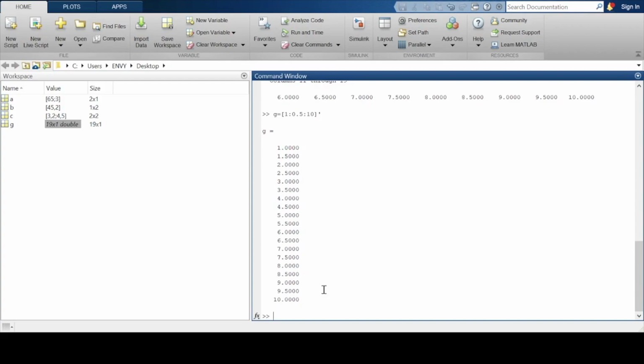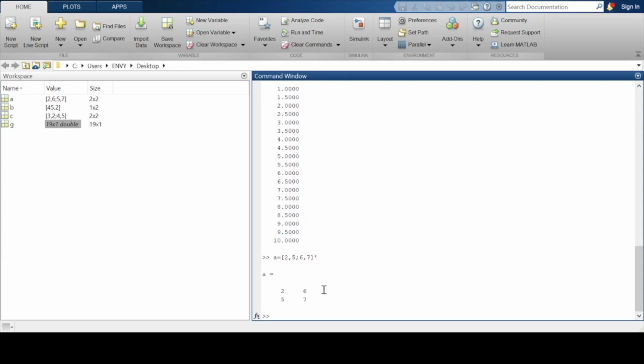The symbol is an apostrophe. By adding an apostrophe in the end, we can transpose any vector or matrix. So let's say we want to transpose a matrix. We can see that the row and column get interchanged.